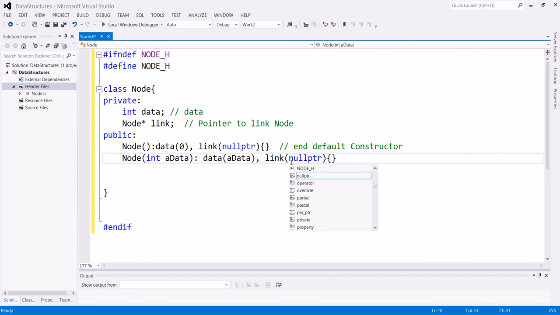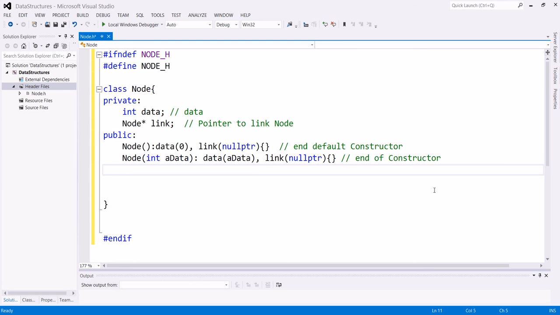So this is the end of the constructor, and then okay, here